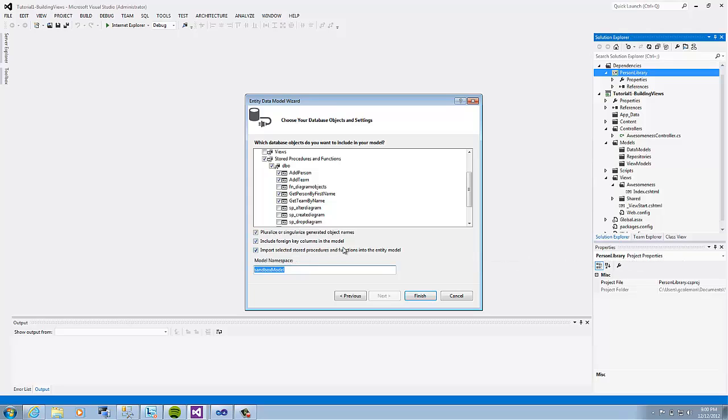You include foreign key columns. It depends on if you have foreign keys. It might not matter, but when I don't have foreign keys, it doesn't affect it, so you might as well just leave it checked. And then pluralize or